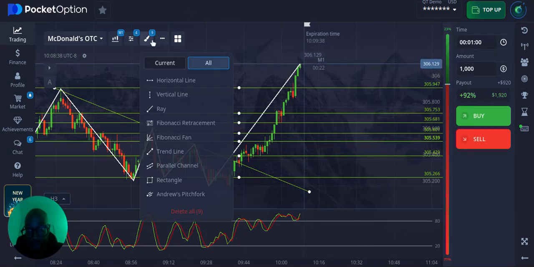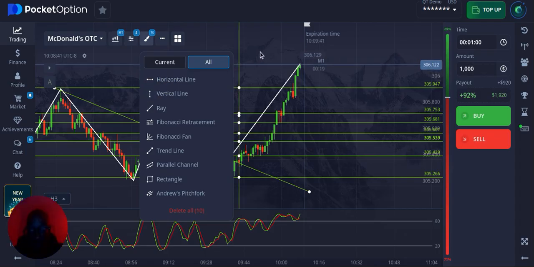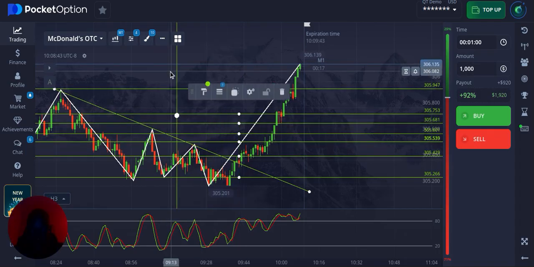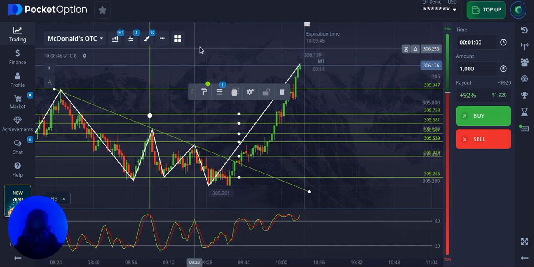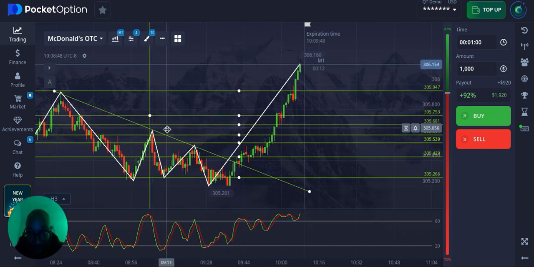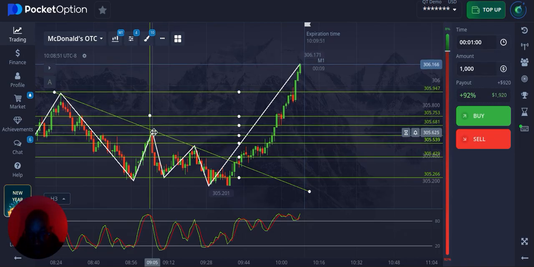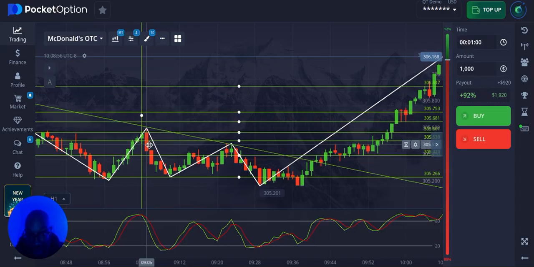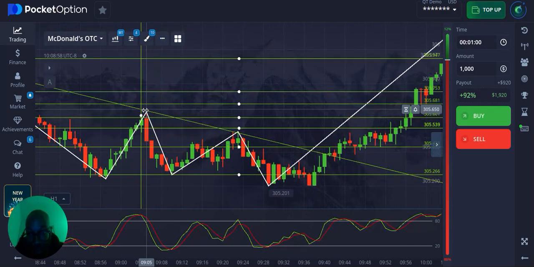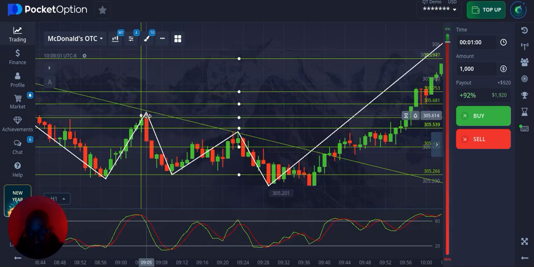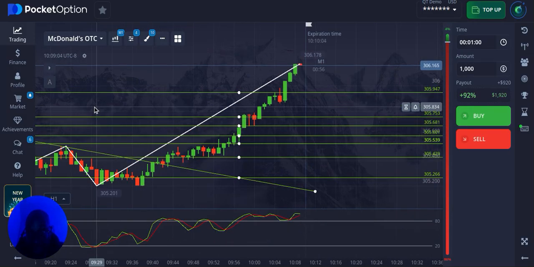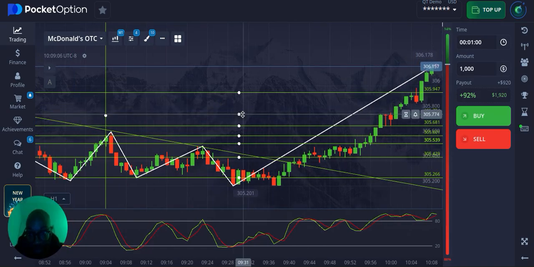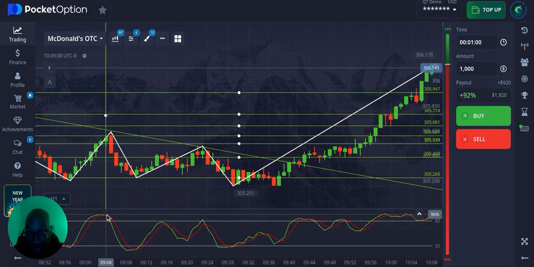If I put a vertical line right here, and I see, okay, not only was price right at the trend line, not only do we have an engulfing candle going down, not only was price at the very top of the painted zigzag, we are also at the very top and the overbought level on the stochastic,